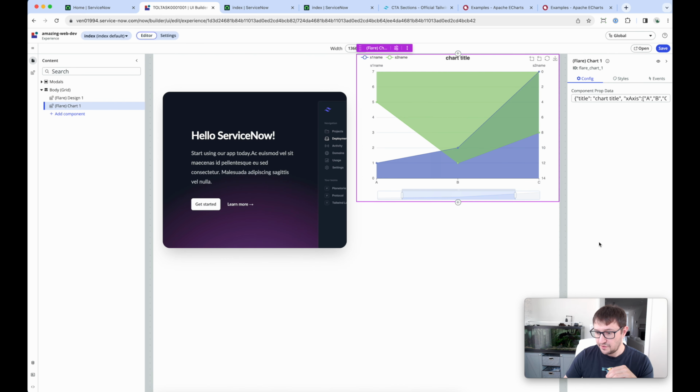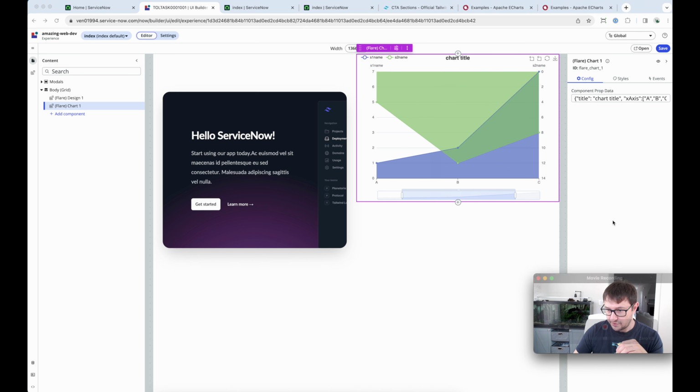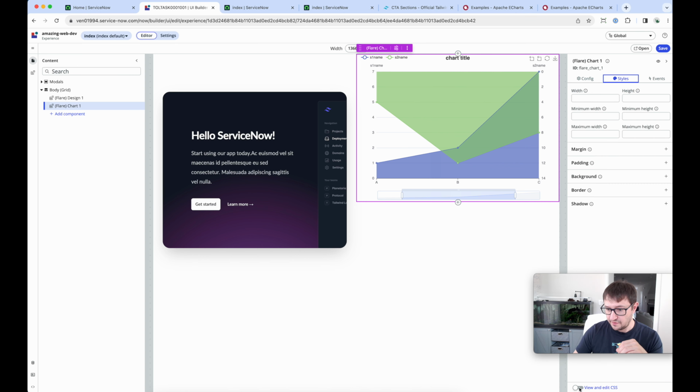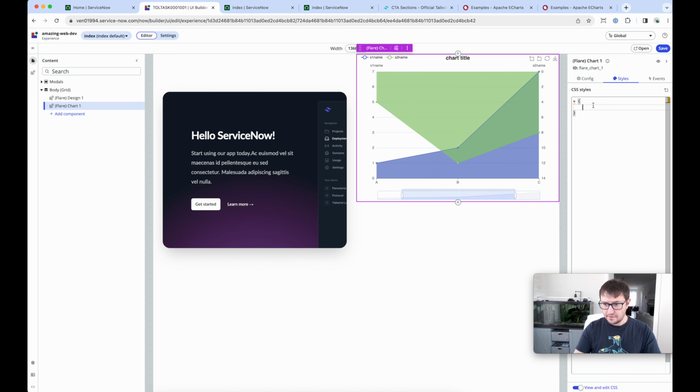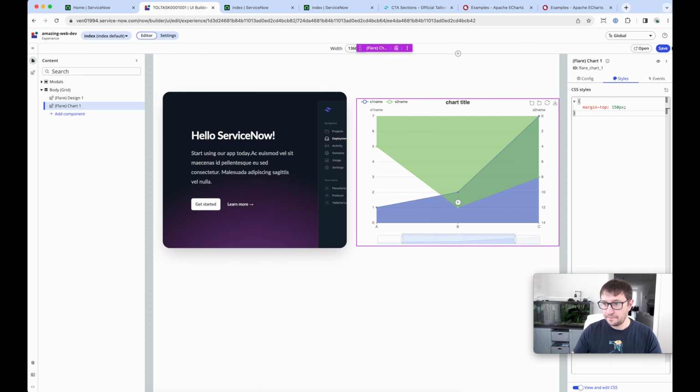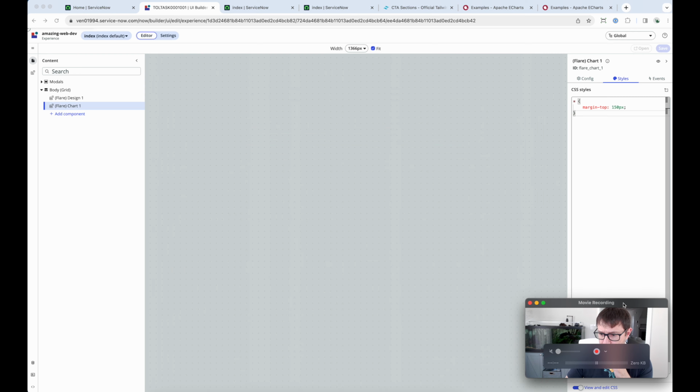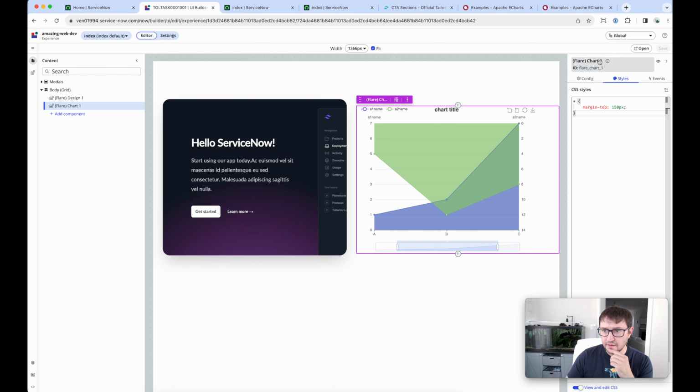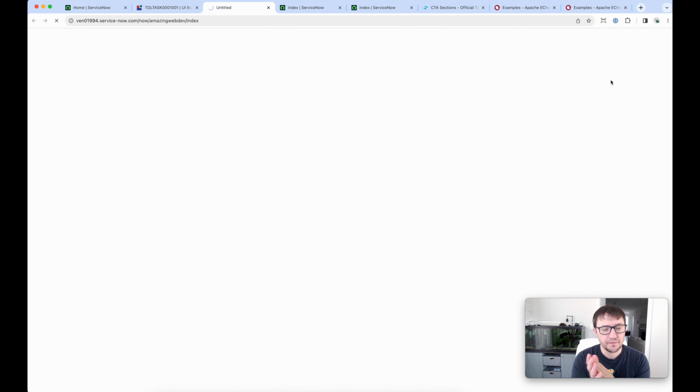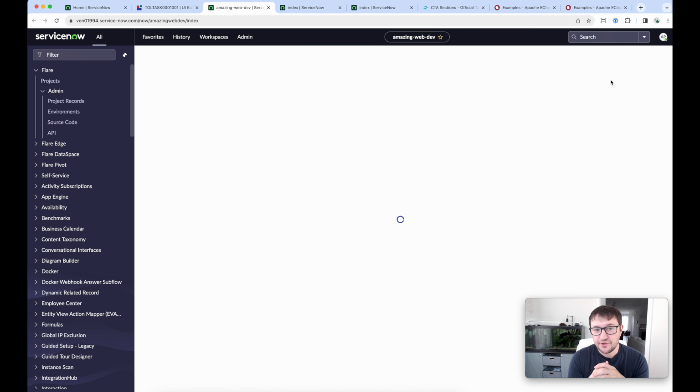Let's do just a little bit of styling, margin top 150. Okay, looks good. And let's open the page. So now you can, again, imagine